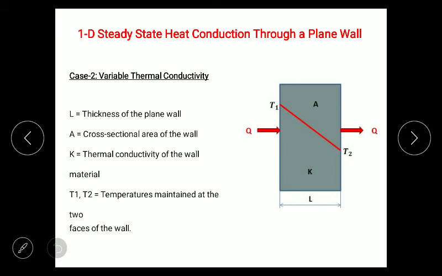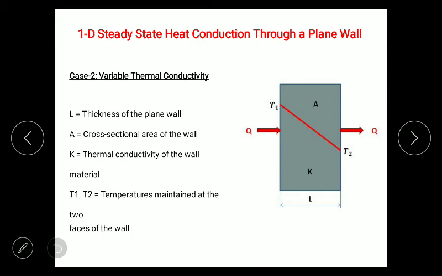The length is L. From one surface to another surface, the length or thickness of the plate or the wall or slab, all are the same, right? The plane wall or the slab or plate, whatever, it belongs to a one-dimensional body under the Cartesian coordinates. And Q is the heat supplied which flows through the body due to temperature difference and comes out from the another surface of the body.